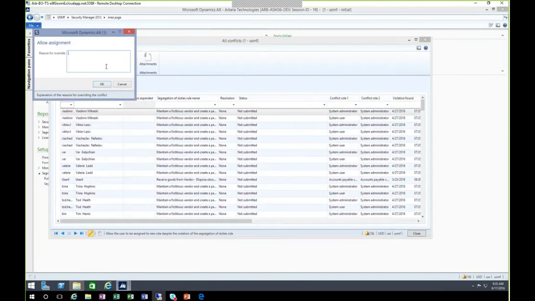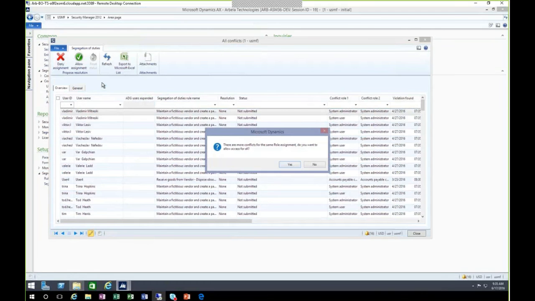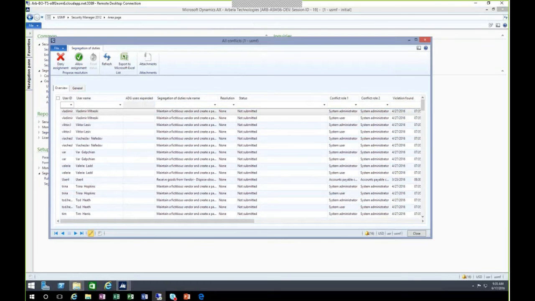So I simply give a reason for the override. It asks me if I want to apply this rule to all these conflicts that are alike. I say no, I want to look at it on a case-by-case basis. So currently what I did was resolve the conflict. I proposed a resolution.